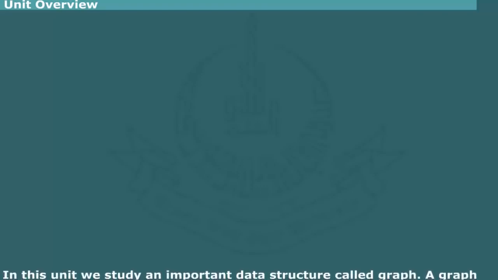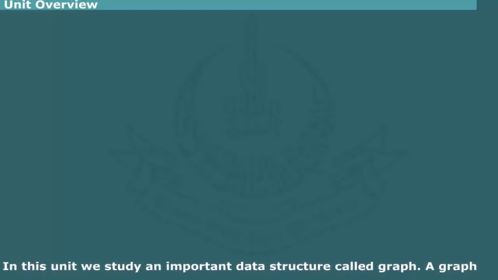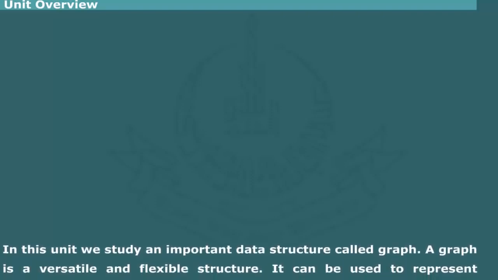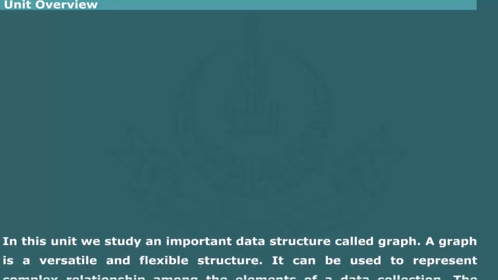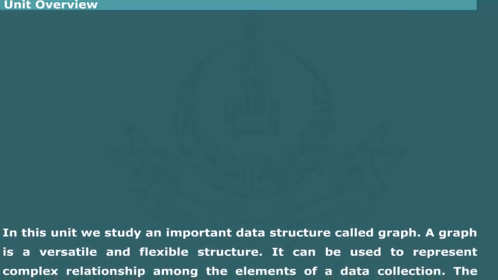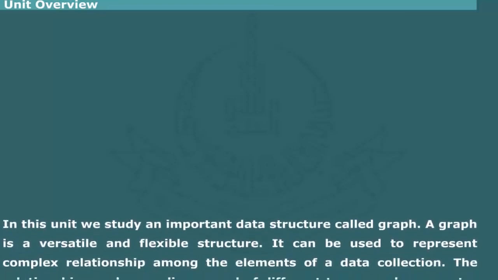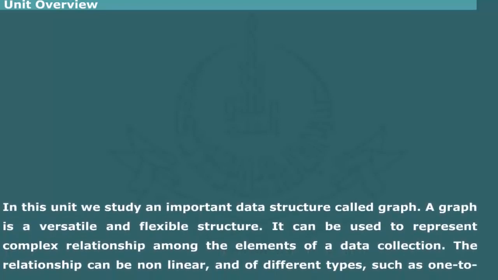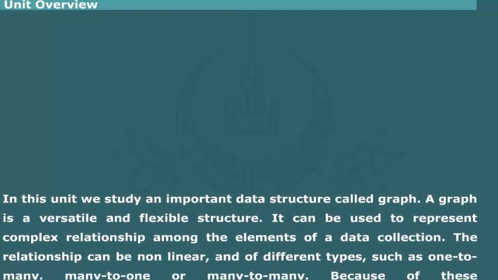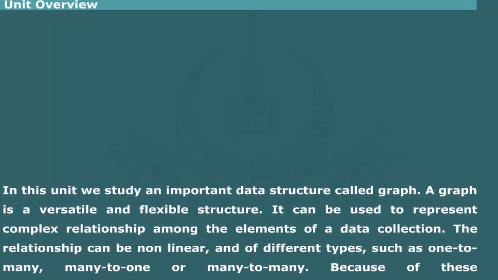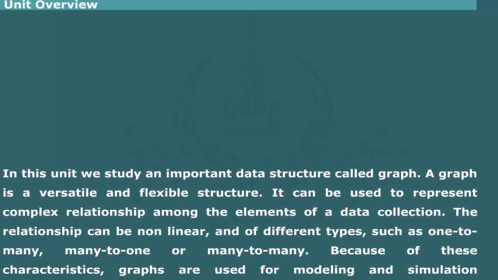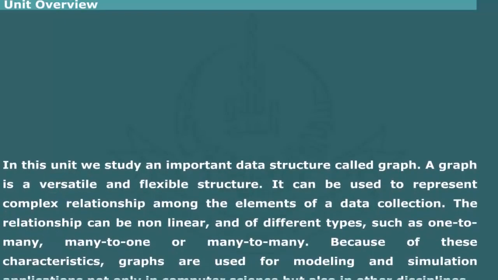Unit Overview. In this unit, we study an important data structure called graph. A graph is a versatile and flexible structure. It can be used to represent complex relationships among the elements of a data collection. The relationship can be nonlinear and of different types, such as one-to-many, many-to-one, or many-to-many. Because of these characteristics, graphs are often used for modeling and simulation applications, not only in computer science but also